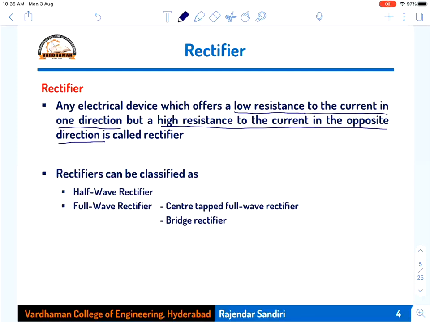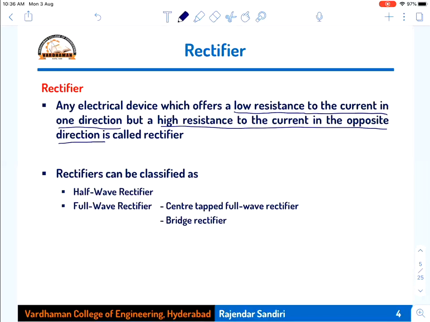For positive inputs, it is a short circuit, so that the same will be passed through the rectifier. And for negative voltages, it will be reverse biased, so that it will not be allowed to pass because it is a high resistance path or open circuit. So that is actually the behavior of the diode.